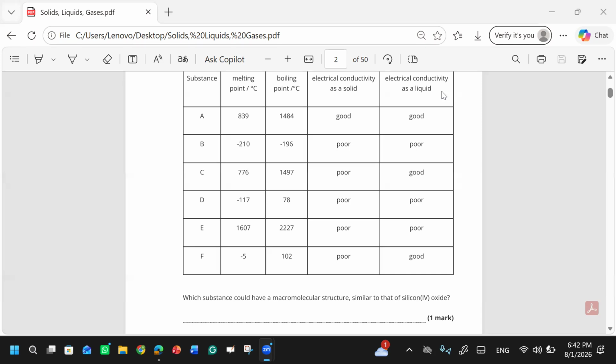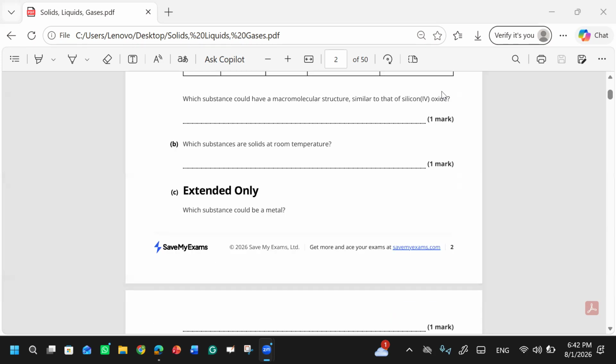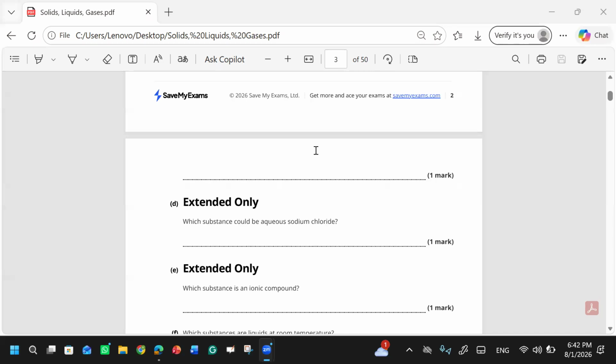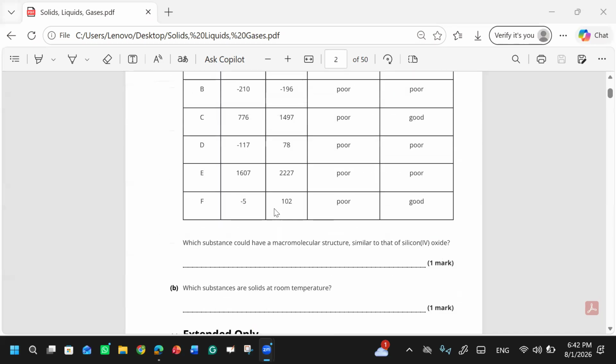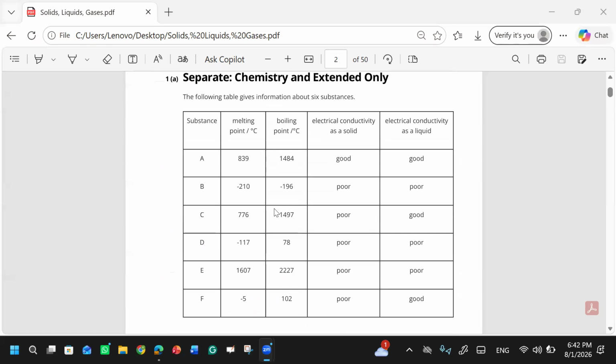What were you asking? I was asking about aqueous sodium chloride. Aqueous means sodium chloride dissolved in water. So what happens when we dissolve sodium chloride? I can give you a hint: the melting point or freezing point decreases, with a negative value, and the boiling point is also less, but that will not be negative.